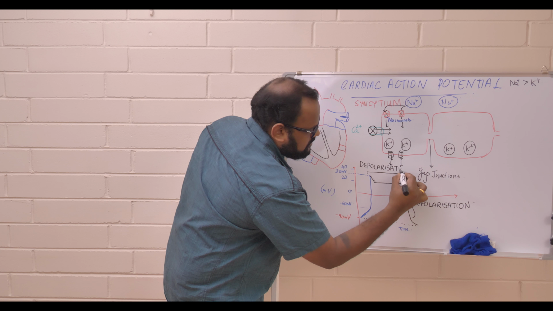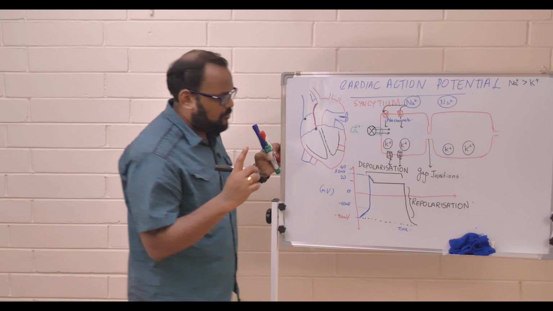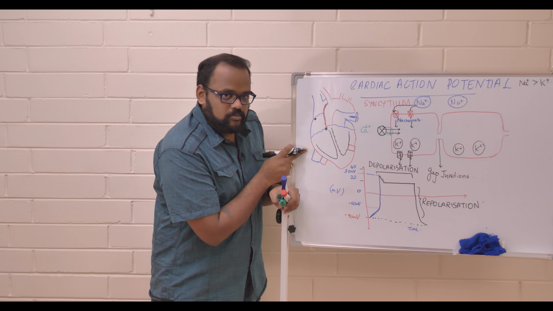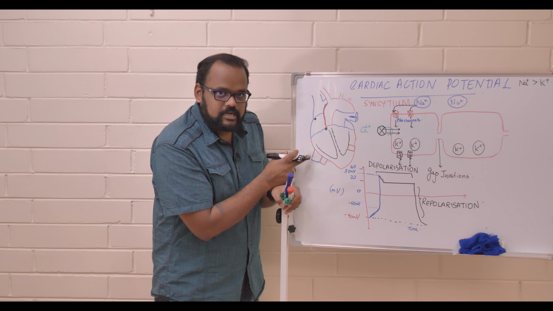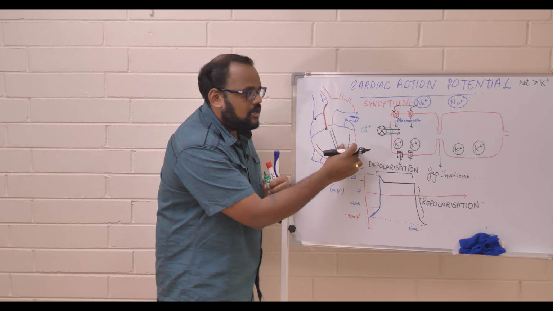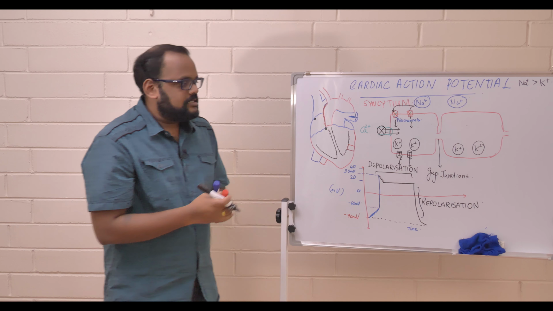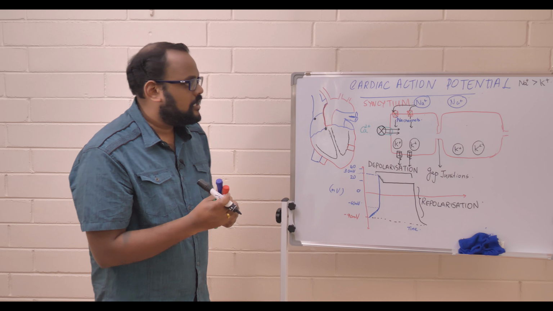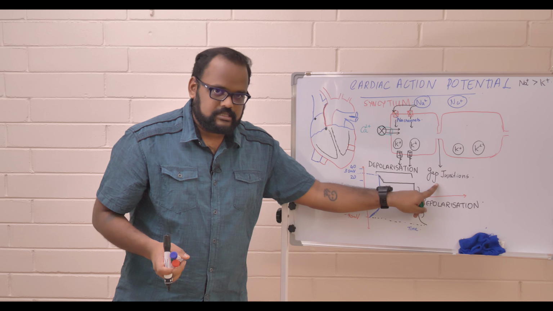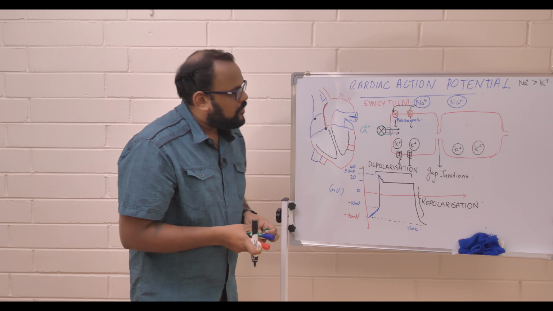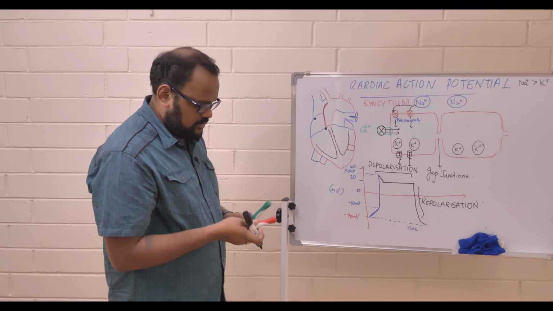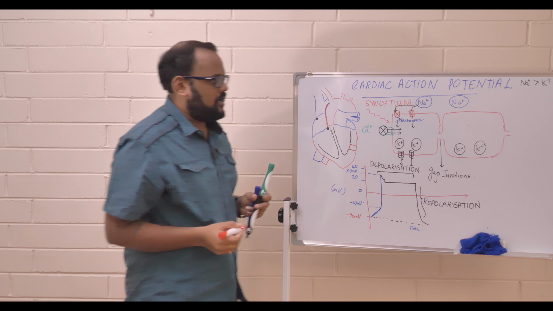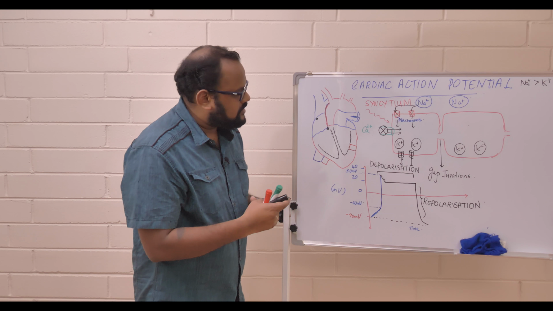So before I stop this, let me just explain this one more time, because it's very important you understand. So this is your heart with the right ventricle and the left ventricle. I'm just taking a piece of left ventricle outside. There are two cells. These cells are called syncytium because they communicate with each other through a structure called gap junctions. Now, whenever a stimulus occurs, let me just draw that stimulus one more time. Whenever there is a stimulus, an electrical current or any stimulus, there will be